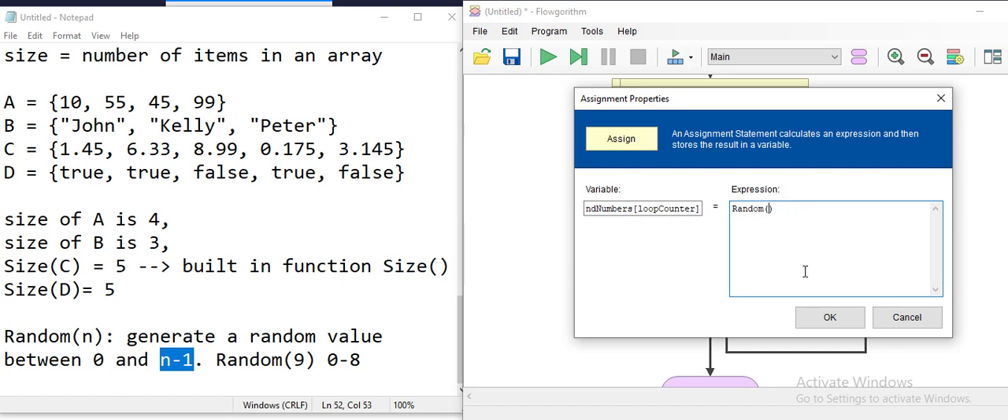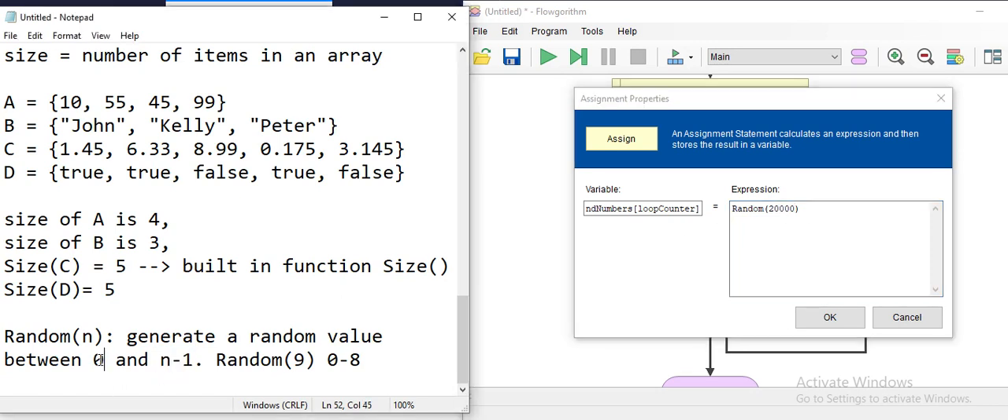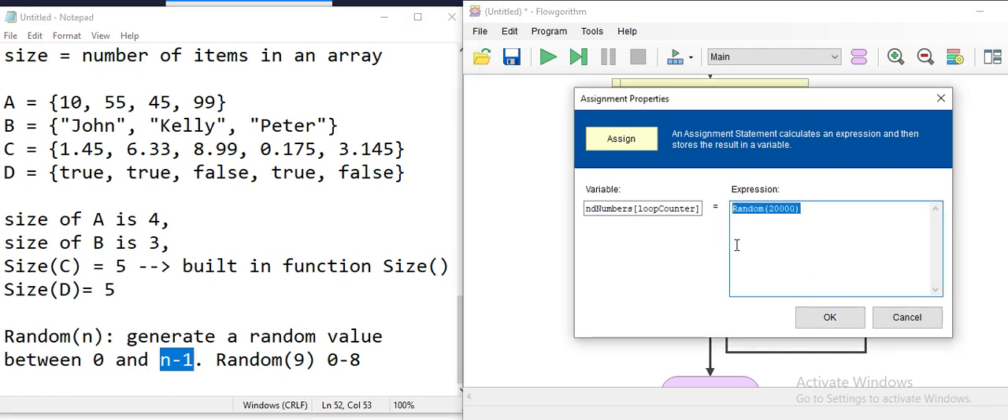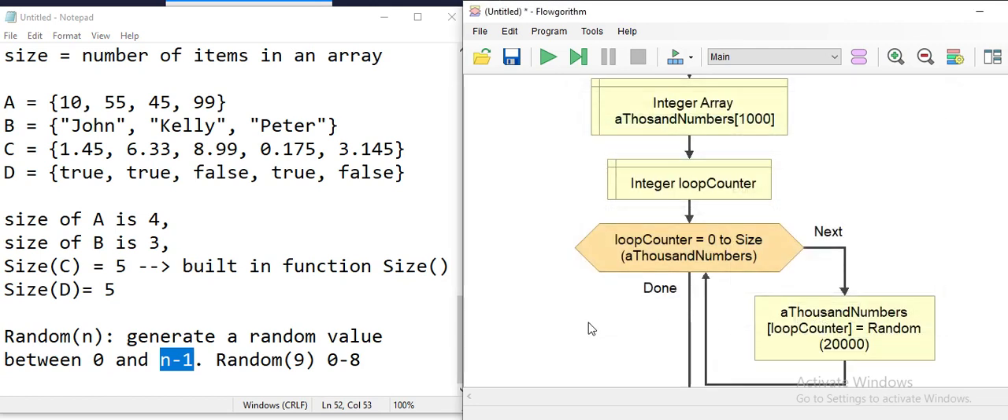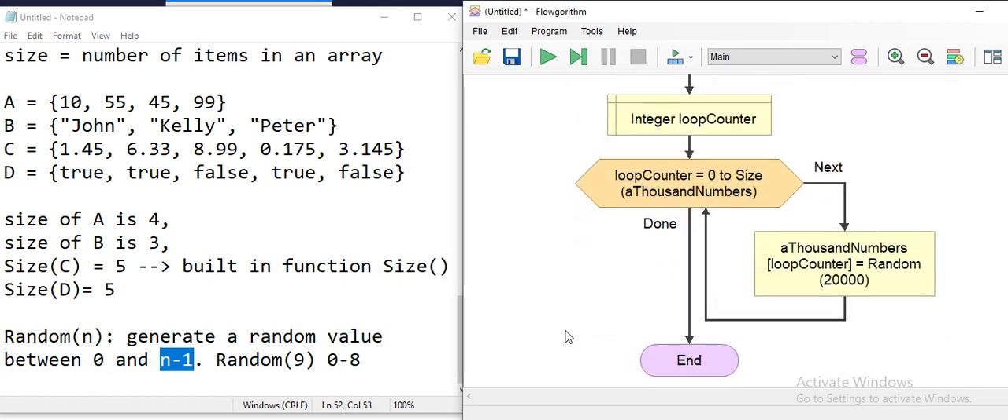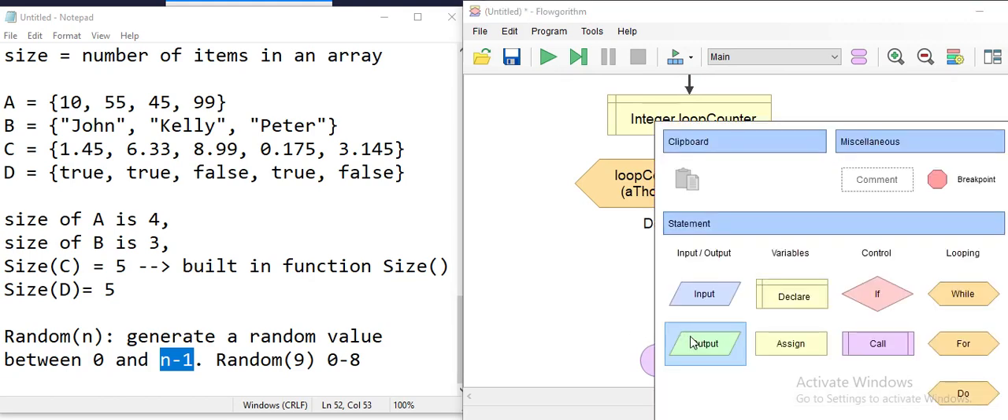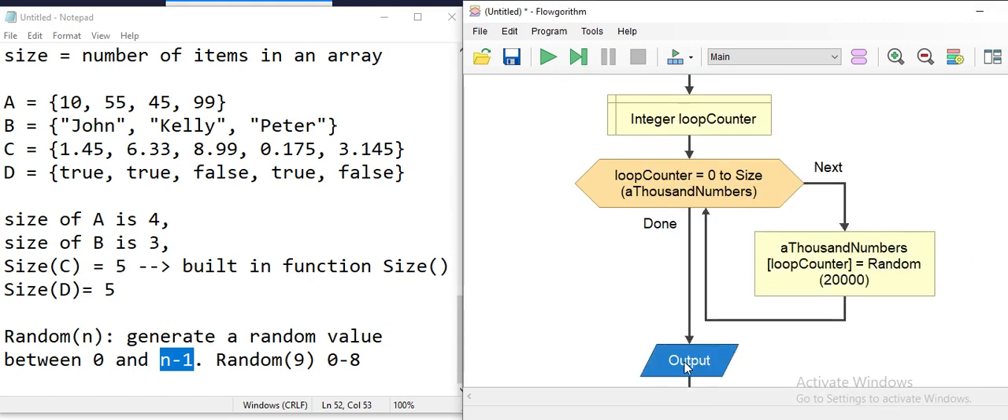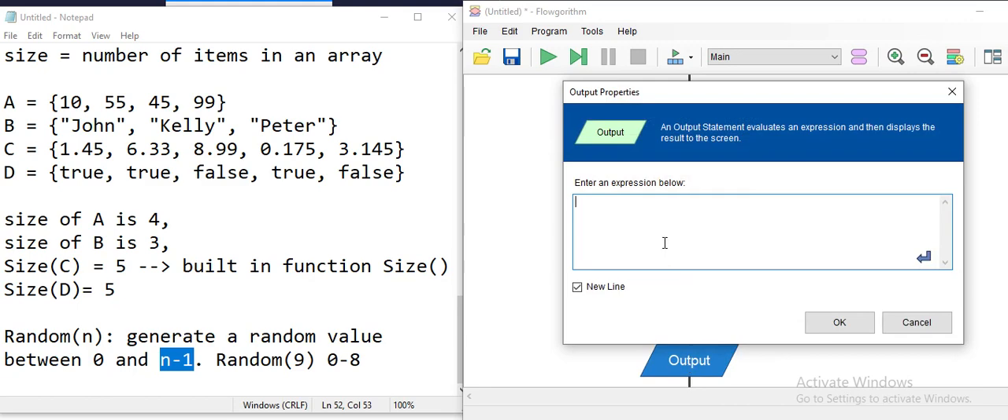Let's say 20,000. If I put 20,000 here as the n, it's gonna be between 0 and 20,000 minus what? 19,999. So this function will generate random numbers and then put them into the array. So we're gonna have 1,000 random numbers at the end, and we would like to see them. Okay, so what I will do, I'll put them in the output and just